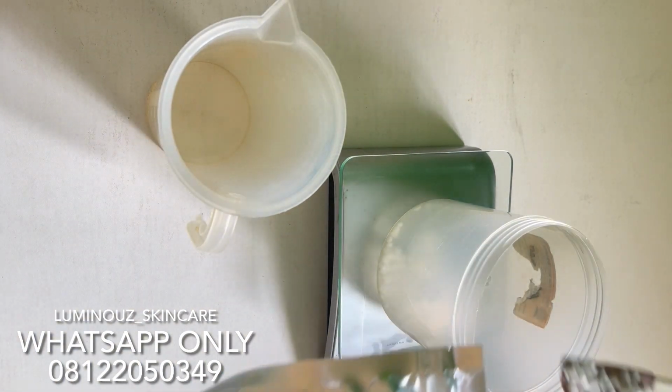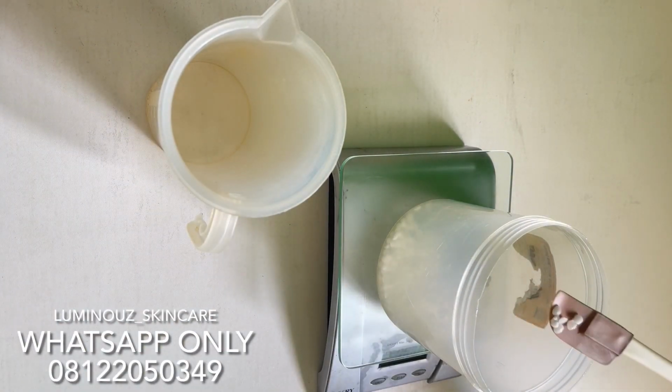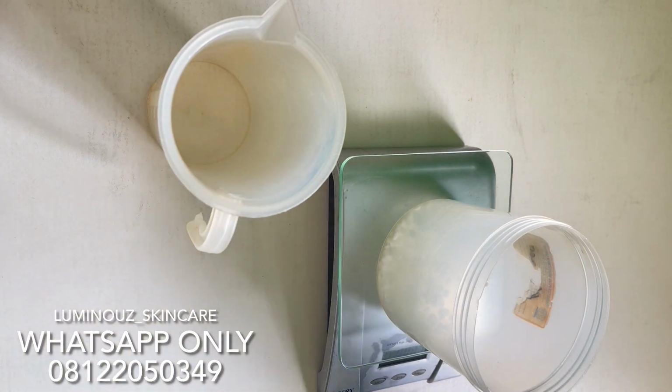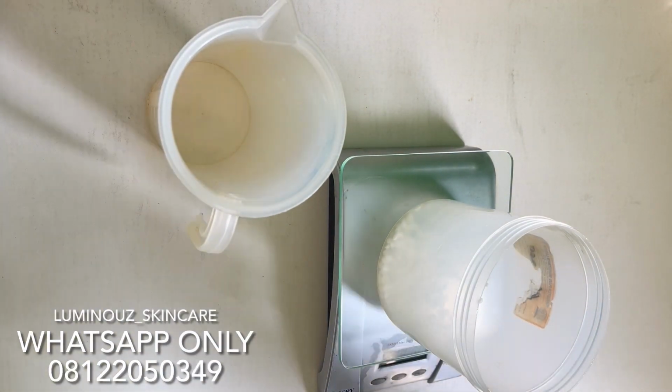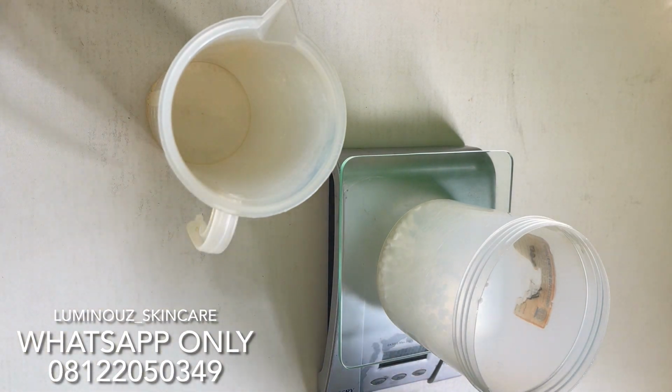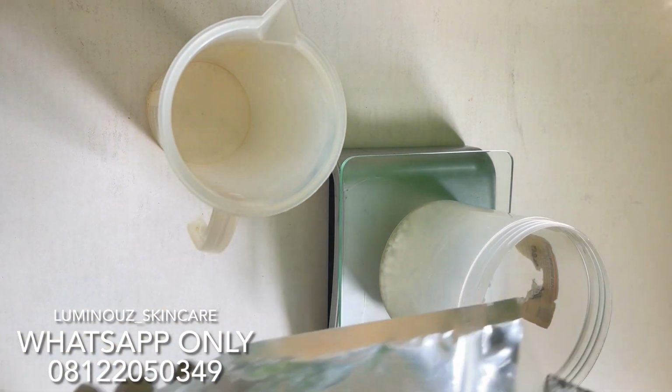So the first thing I'll be doing is to add my e-wax into my bowl. Yes, that's me adding my e-wax. However, I'll be leaving the measurement within the video as always. All you have to do is to watch my video till the end. So I'll be adding my e-wax, which is the first thing to do. After that, I will go ahead and add my